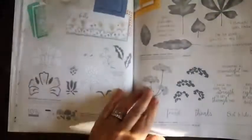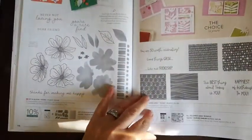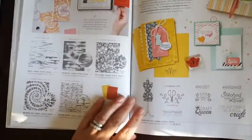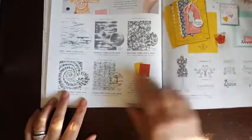Then what else? What other exciting little things have we got? Oh, actually this one's quite fun, with the die cuts and images, so that you've got so many different ways you could create cards with that one. There is a new background